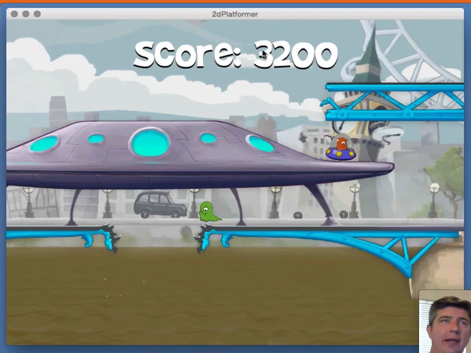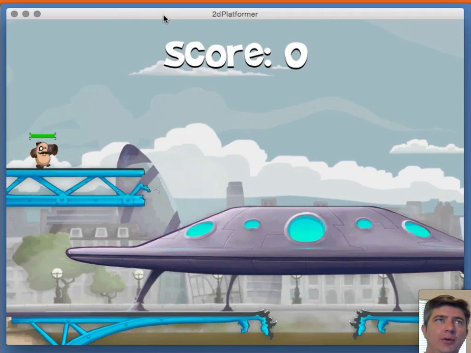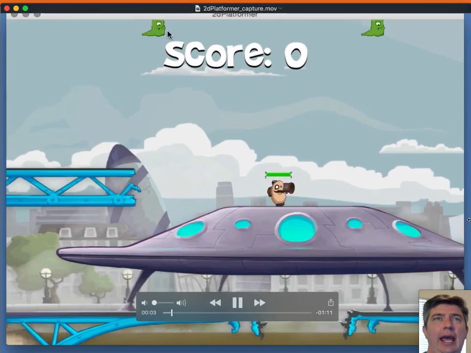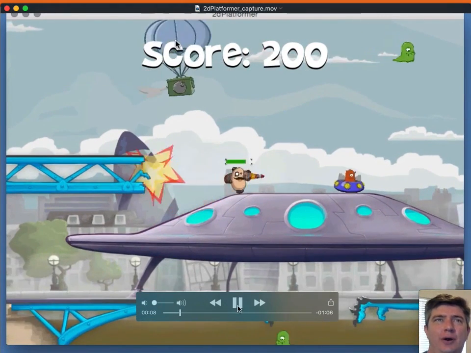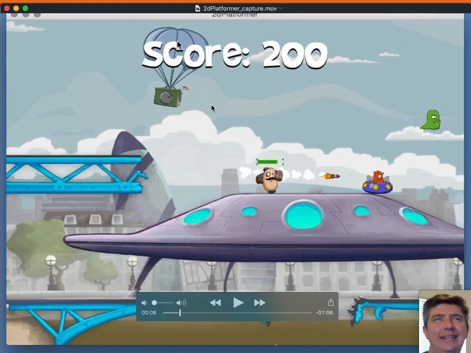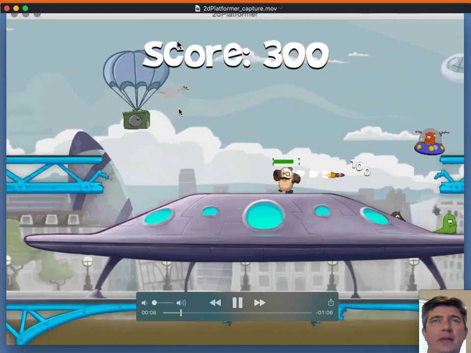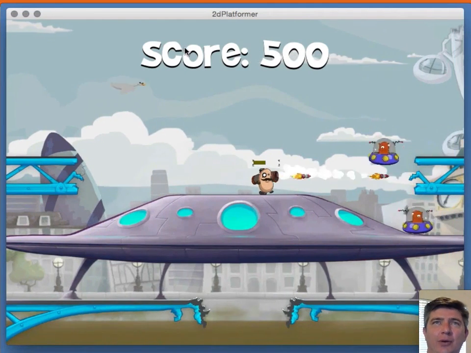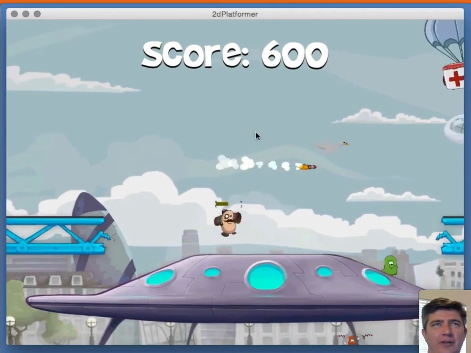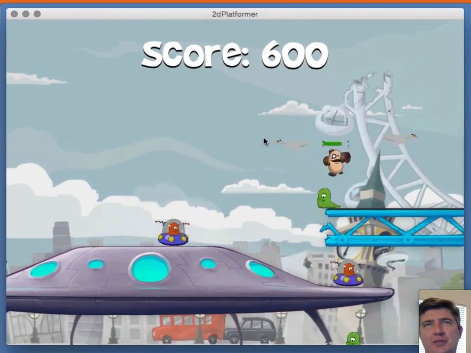You are the main character here. You are a bean with a bazooka and a top hat and a monocle, and you are defending London from the alien invasion. The aliens have come to take over London, and you are fending them off or trying to defeat them with your trusty bazooka.